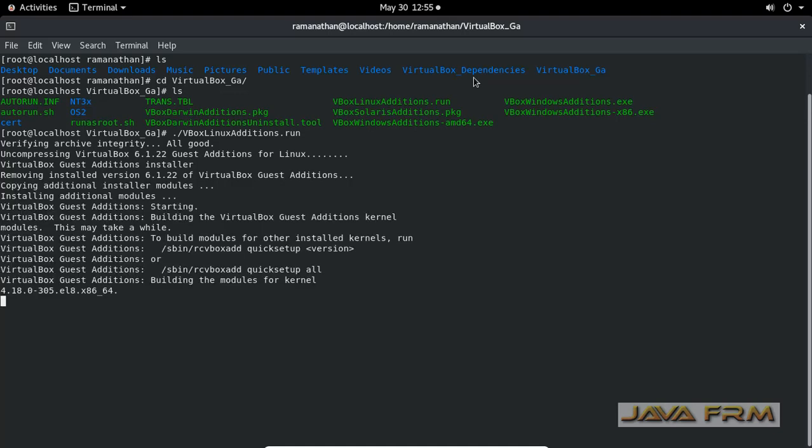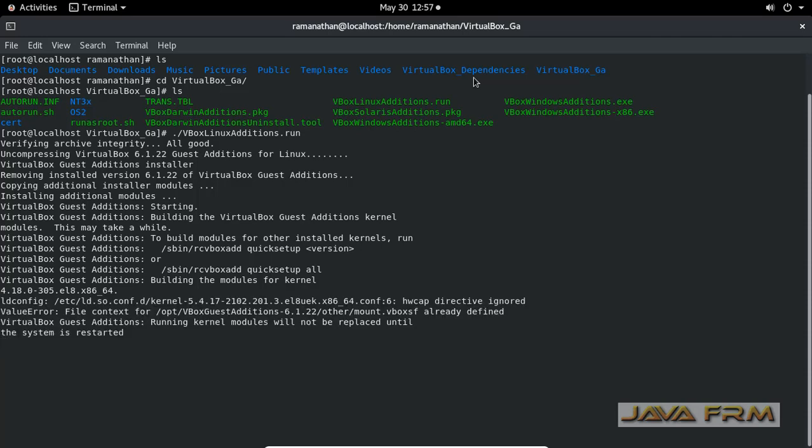Yes, I can see that VirtualBox Guest Additions is successfully installed on Oracle Linux 8.4. I am going to reboot the machine.